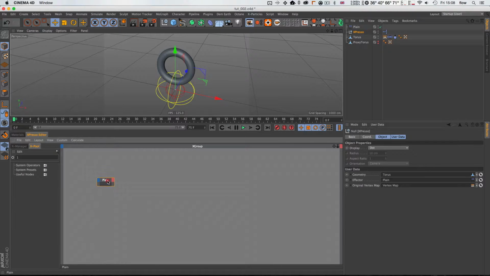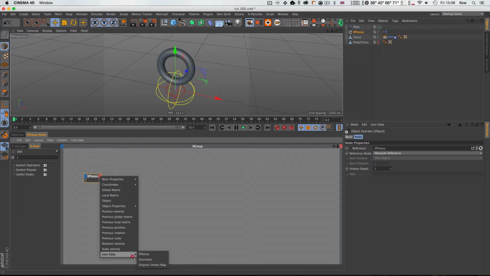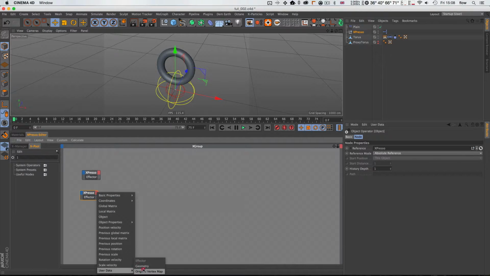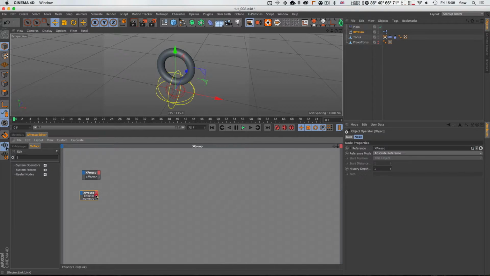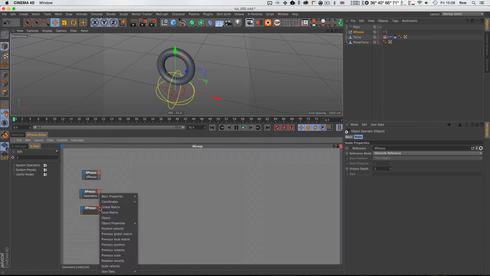So our plane effector is here. We will also need, actually we won't need the plane effector now. We can use this XPresso null and output our effector here. Then let's duplicate it. We will output our geometry here. Let's get rid of this one and duplicate it again and get rid of this and put in our original